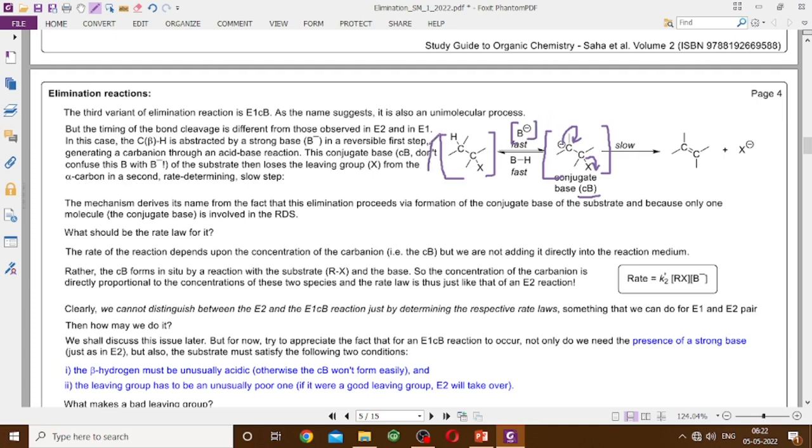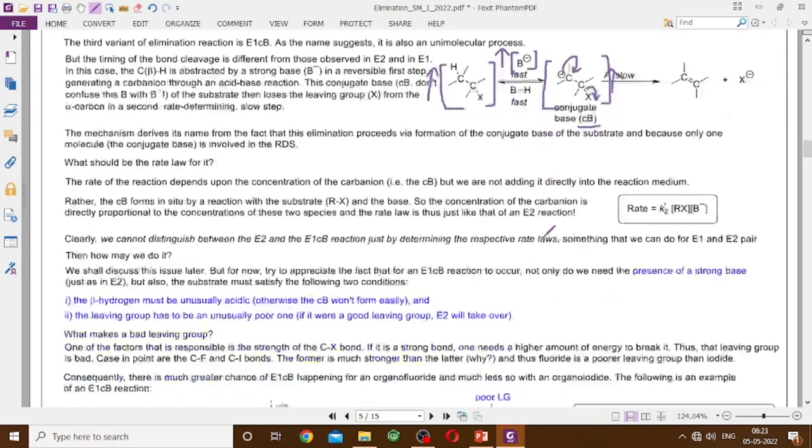If you increase this concentration, then that concentration will increase, and if you increase this concentration, then that concentration will increase as well. Therefore, the conjugate base concentration is proportional to the concentration of the organobromide multiplied by the concentration of the base. Therefore, rate is equal to some rate constant multiplied by Rx into B minus. Therefore, যদিও এটা ইউনিমলিকিউলার, এটা কিন্তু সেকেন্ড অর্ডার রিয়াকশন, ফার্স্ট অর্ডার উইথ রেসপেক্ট টু Rx, ফার্স্ট অর্ডার উইথ রেসপেক্ট টু বেস, and therefore we are unable to